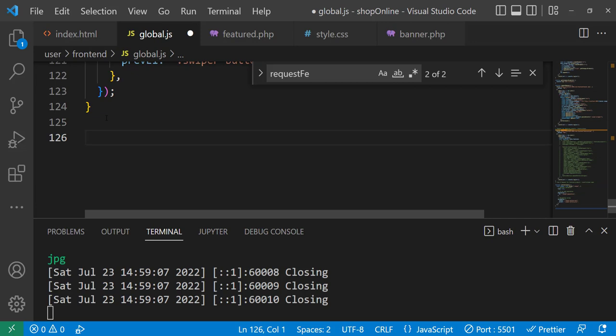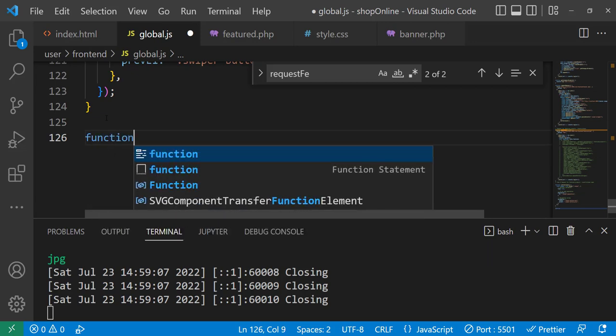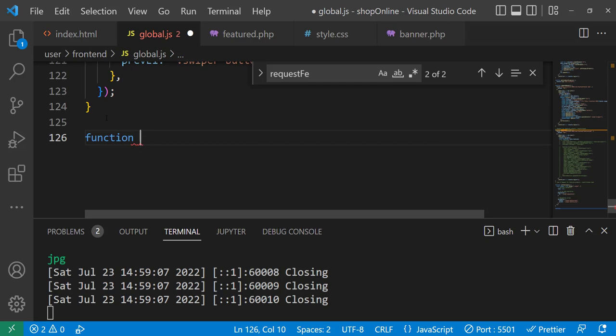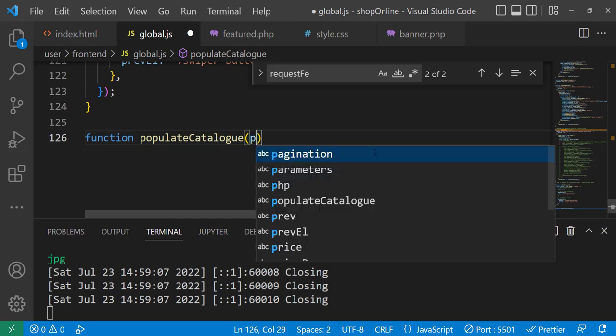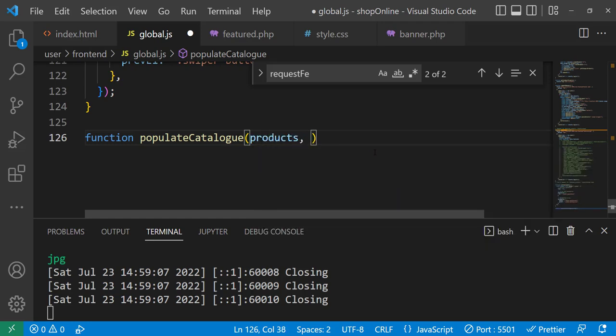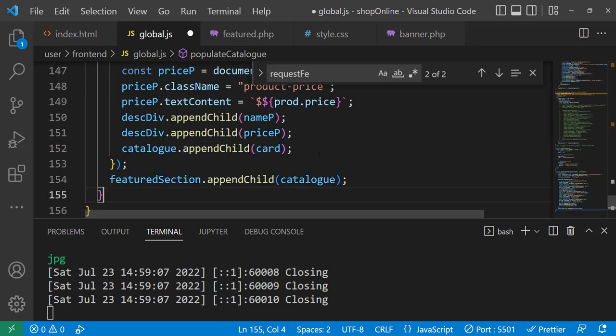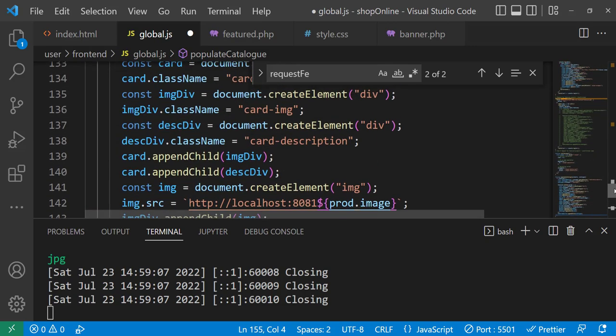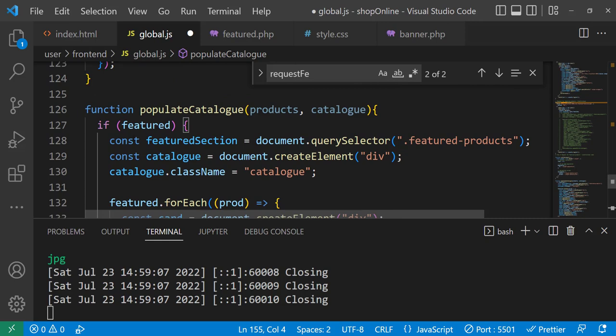So now what shall we call this function? Let's call it populate catalog. And this function as a parameter should take the data, the product that we want to populate in the catalog. So let's give it a class name product, and then the catalog name, let's make it just catalog. It's just these two things. Okay, now let's paste everything over here that we copied from the if block. So over here, instead of featured, we are saying if products,